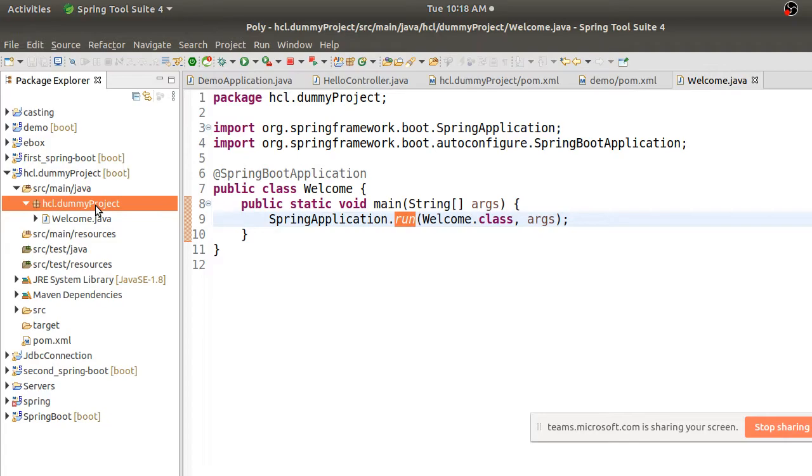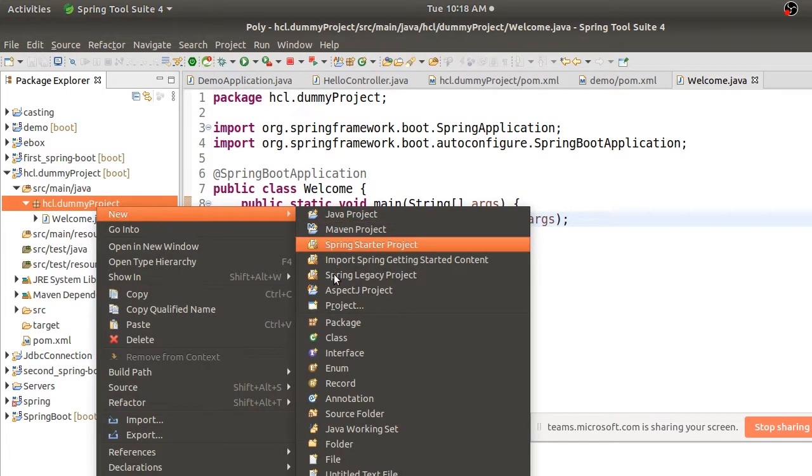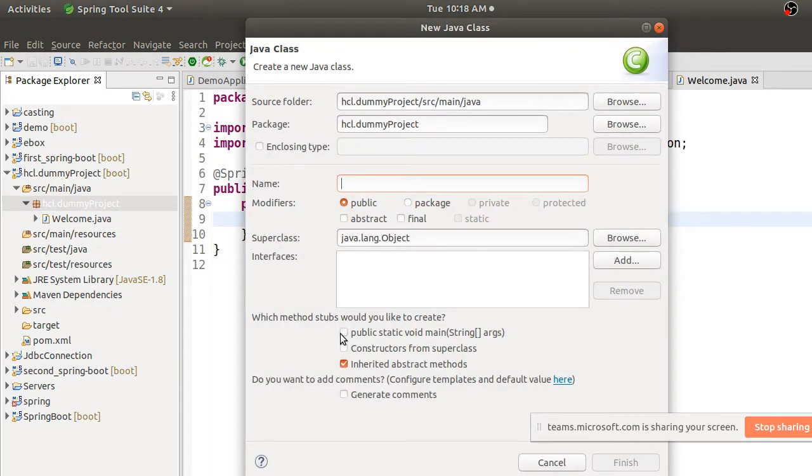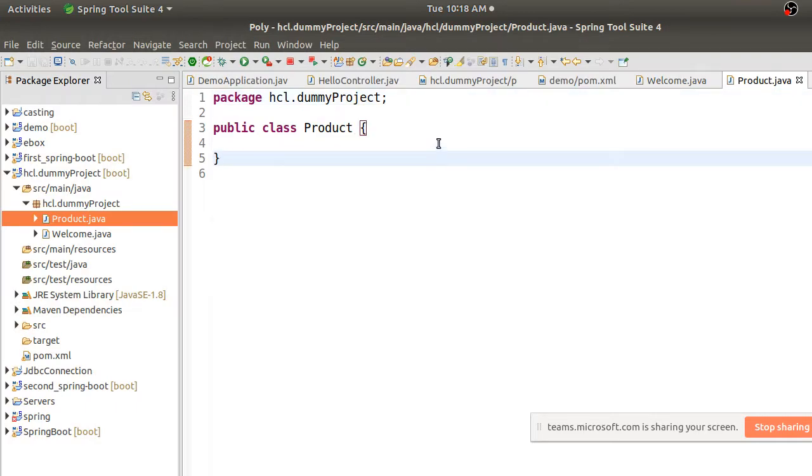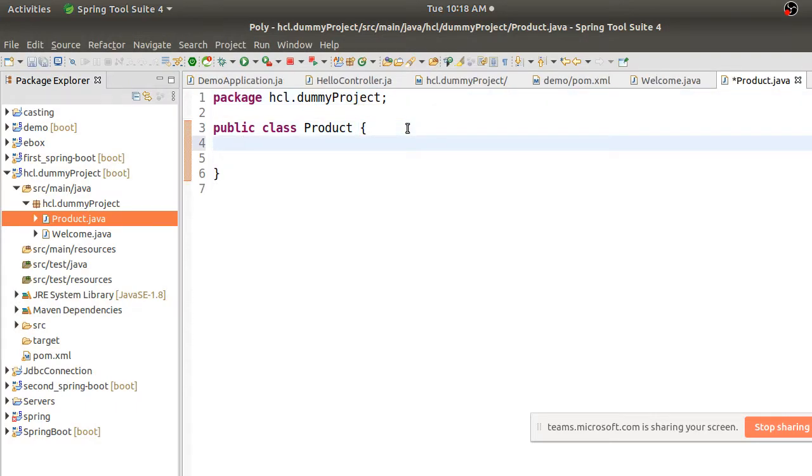So for that you need to create some classes. Any class that you create, you have to use that. Like previously we have done one, right? Now we will do something else. Say I need something called product. So I have a class called product, so maybe it has some properties.